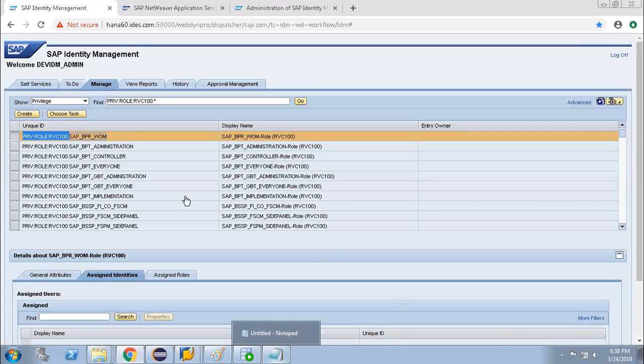System prefix: PRIV:ROLE:repository name:role name is added, and the display name is written like this: the role name, then hyphen, then ROLE, and in brackets the repository name. Correct? Now how are these things happening?